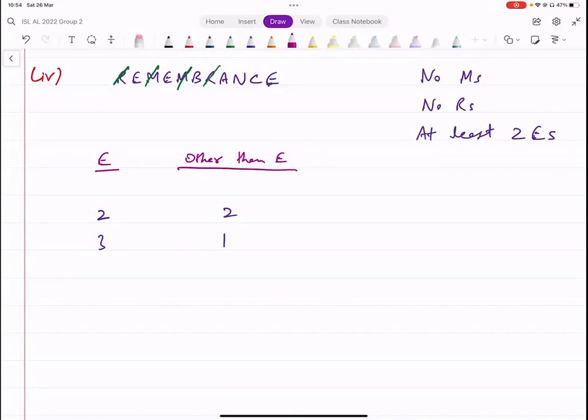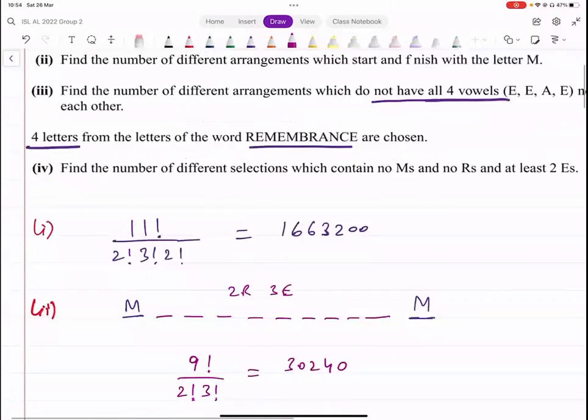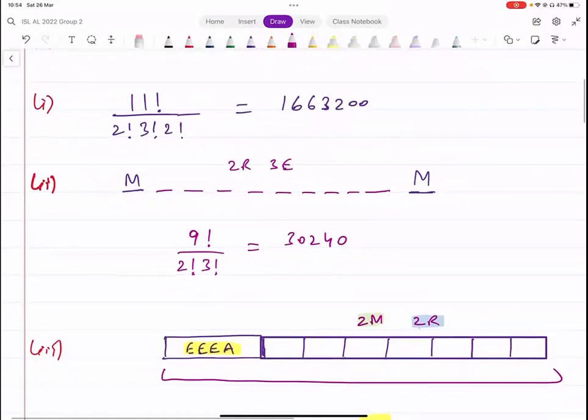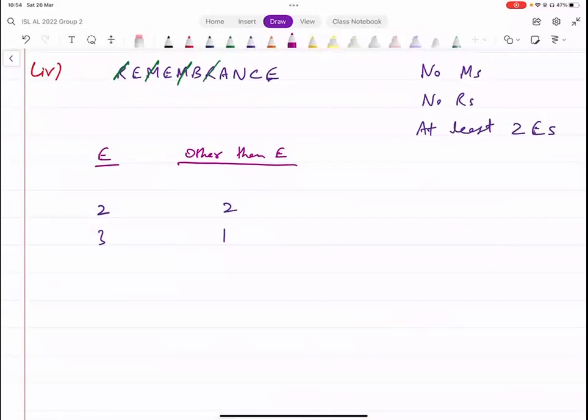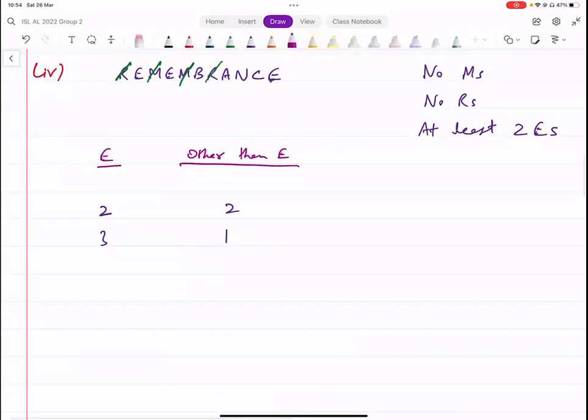तो हम यहाँ पे क्या करेंगे, तो हमने find क्या करना है, the number of different selections that contain no M's and no R's, okay। E's total कितने हैं, they are total 3 E's, तो हमारे पास क्या हो गया, यहाँ पे 2 E's आ गए और बाकी 2 letters रह गए। कितने letters थे बाकी, 4 letters थे, 4 में से हमें क्या करना है, 2 letter select करने हैं, बाकी 4 में से हमें कोई भी 2 letters select करने हैं। How do we do that, that's going to be